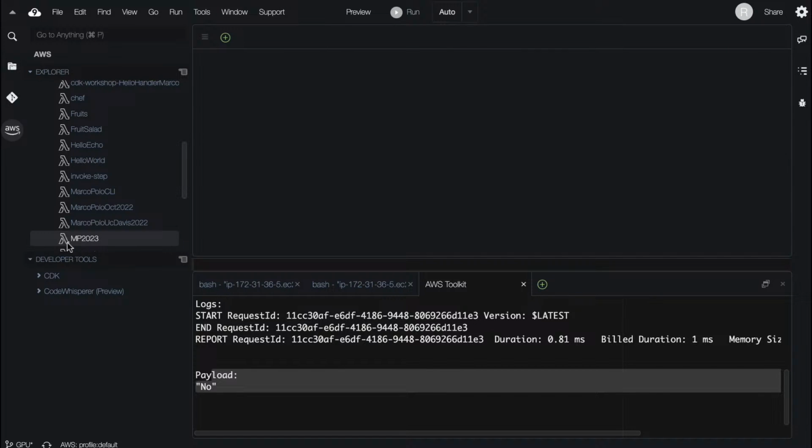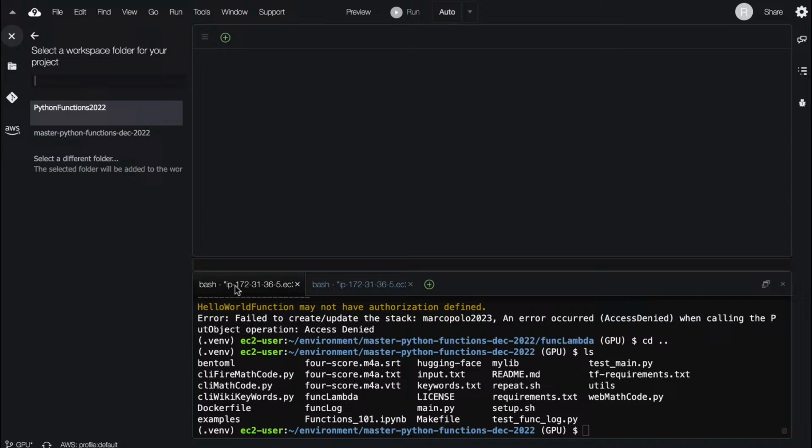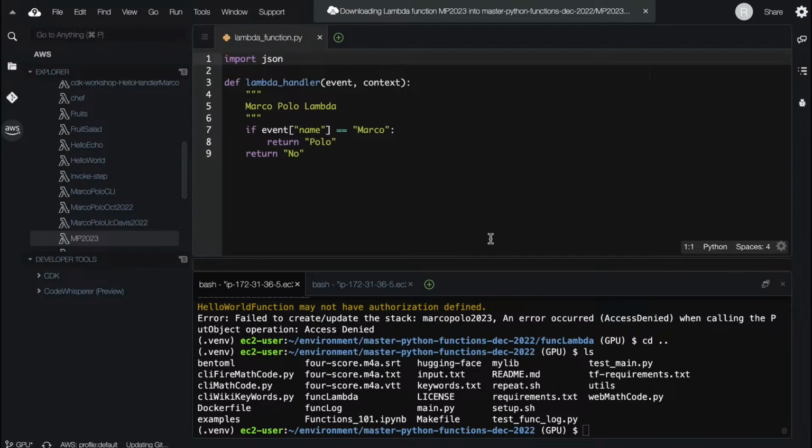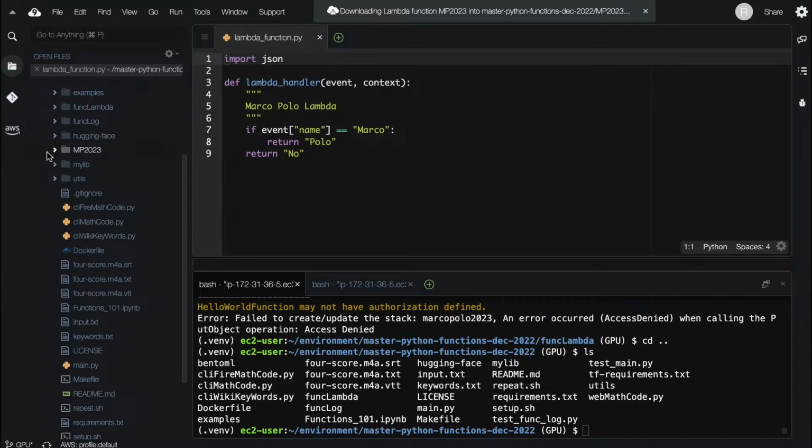Now, one of the things you can do as well to play around with this, that's kind of fun, is if you go here, you can actually download it, which might be a quicker way to build it actually. As we saw, the default way is a little clumsy. If we go to this, look, it's downloading it into my environment now, which is pretty cool. Look at this, MP, there we go. And so I can actually just play around with it right here. So there's pros and cons to each approach to building functions, but a trivial way to build it out is to actually use the default tools that are available.